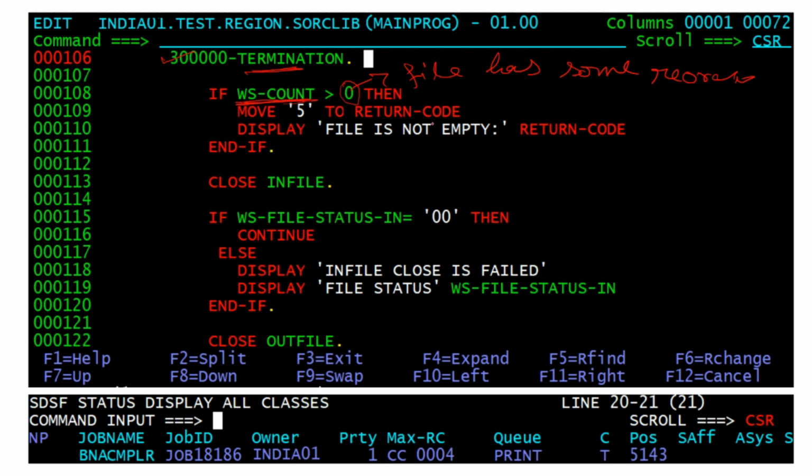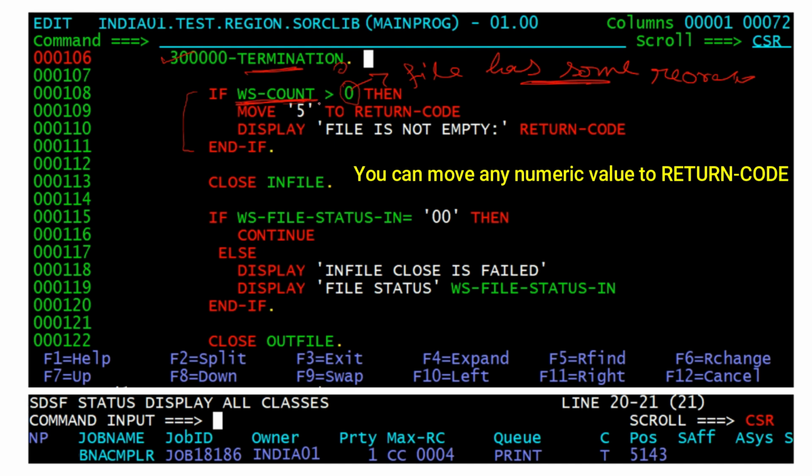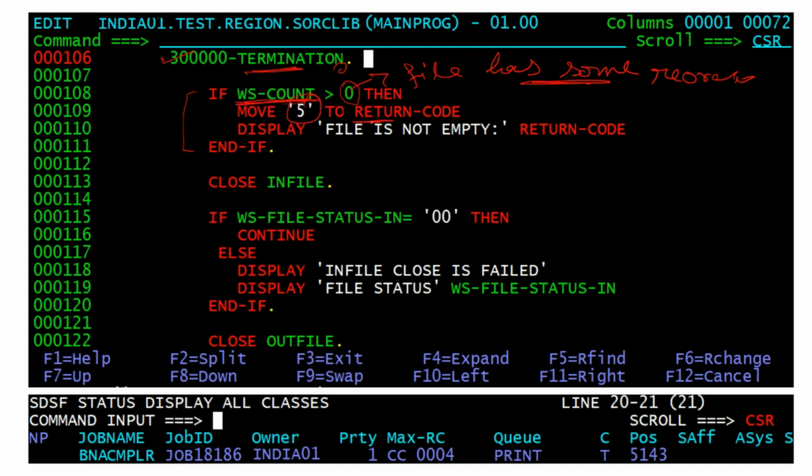If it has no record, it means the file is empty, WS-COUNTER will be 0, so it will not go into this. If it has some records, then we are moving the value 5 to the RETURN-CODE, and then we are displaying in SYSOUT: file is not empty, and the return code.